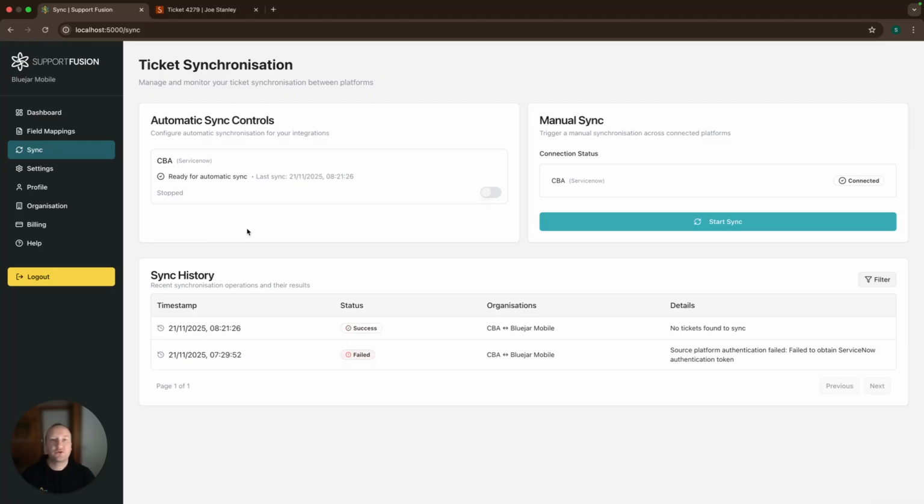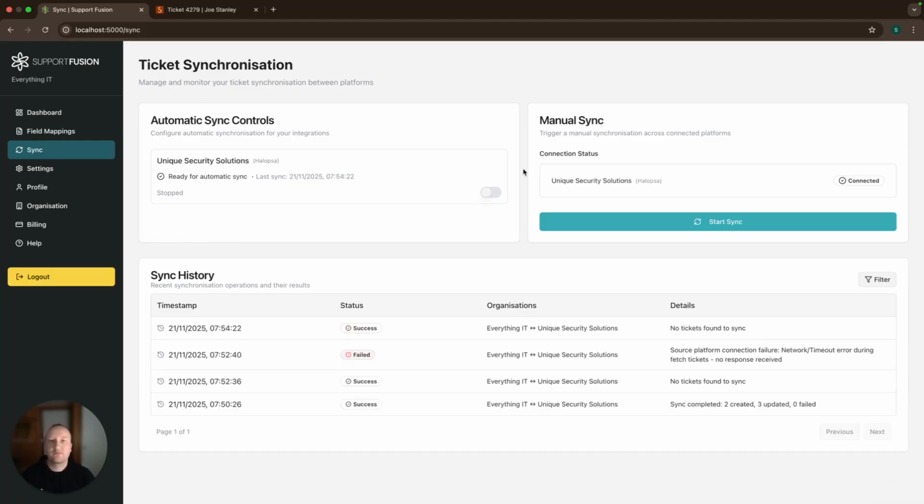So let's go through another example. Okay, this time I'm logged in as Everything IT, and they've had an issue here with a network timeout during sync, but as you can see on the next sync cycle it has recovered. So this might just be a one-off connection issue, but if you see multiple of these in a row, it's